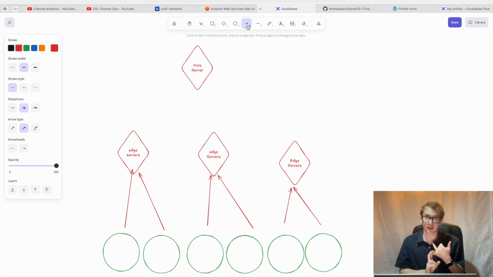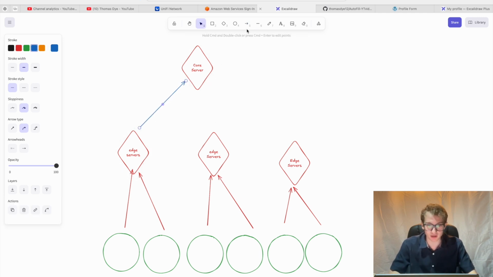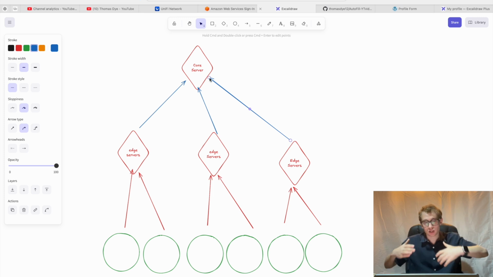So maybe that might be the United Kingdom for me, that might be London specifically. You'll have a few in America, or in all of the different states, stuff like that, and one in Australia. That results in better quality video for you, because the content hasn't got to come from the core server, which is located somewhere. All these do is get and receive the content. They essentially act as a cache. So the core server holds the core raw video and it gets distributed out as they need it closer to the user. Right? But when the user presses the like button or watches it as a view,